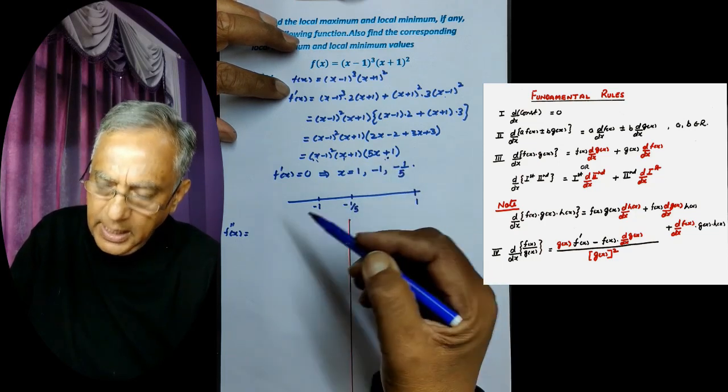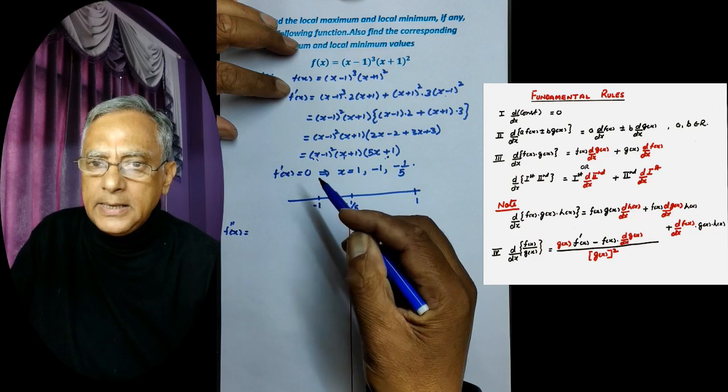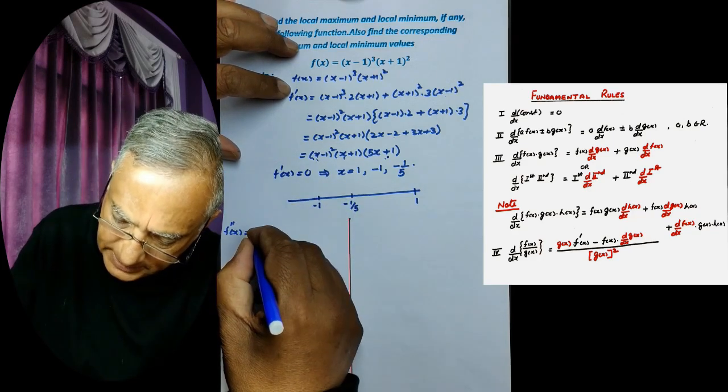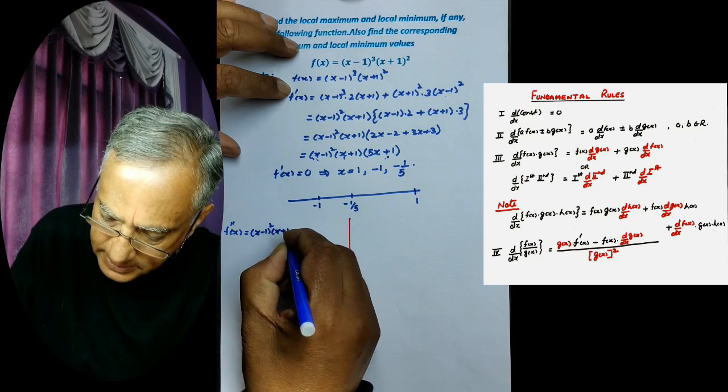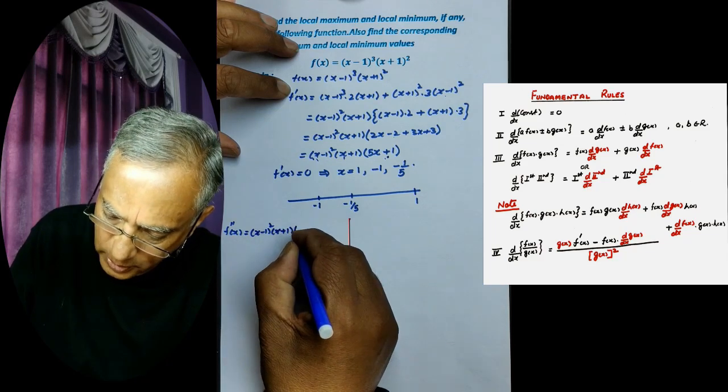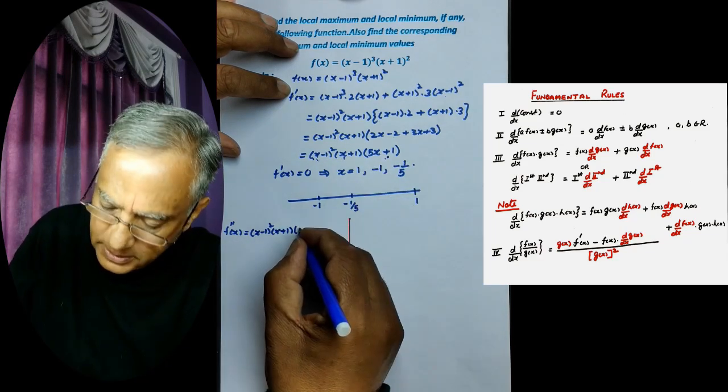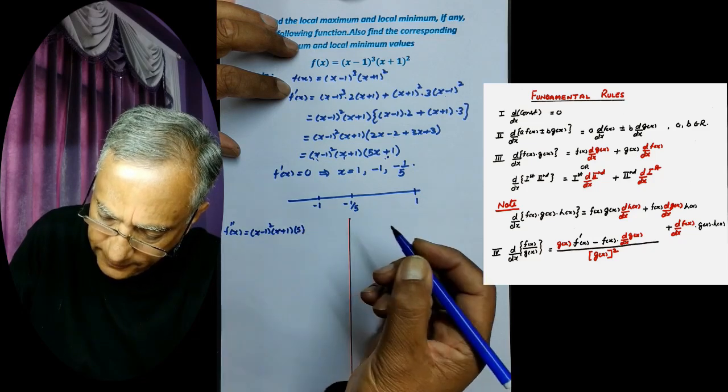So this is the formula. You can see the side sheet. So first is (x minus 1) whole square into (x plus 1) into the differentiation of 5x plus 1, which is 5,